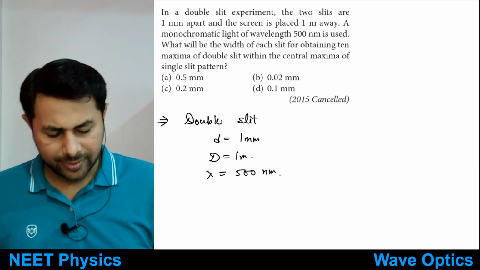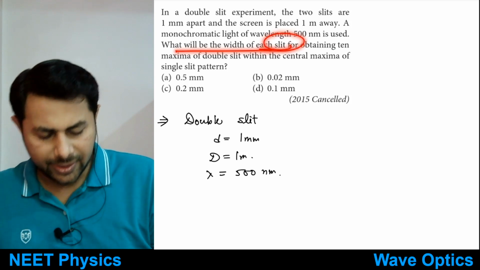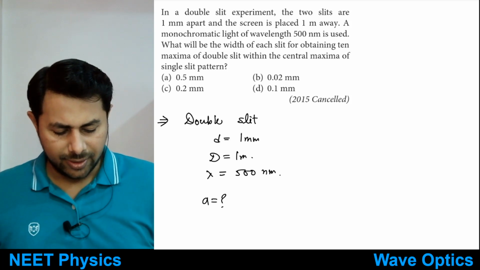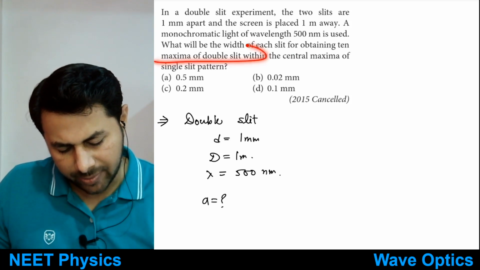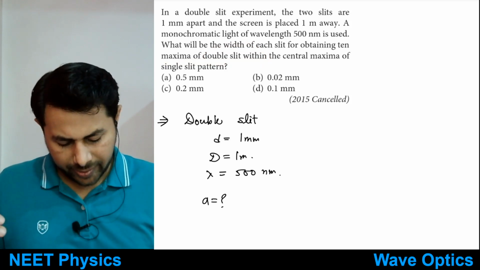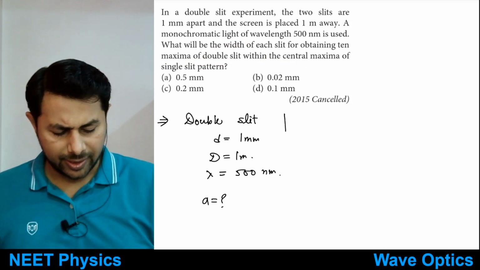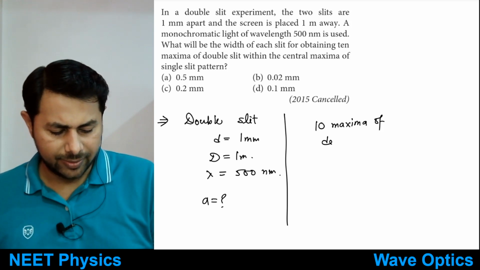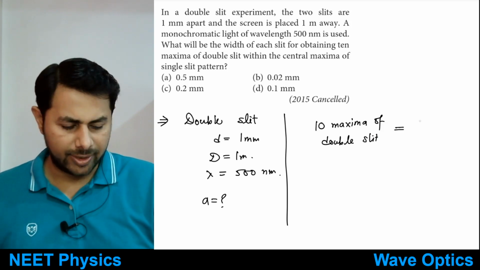We want to find out the width of the slit, so what is a is the question. 10 maxima of the double slit fit within the central maxima of the single slit. So we can just say that 10 maxima of the double slit is equal to the central maxima